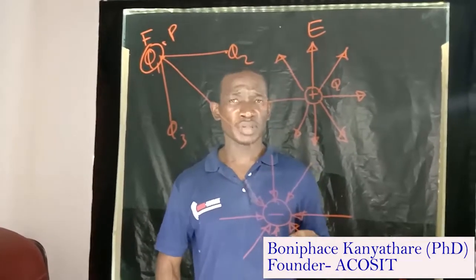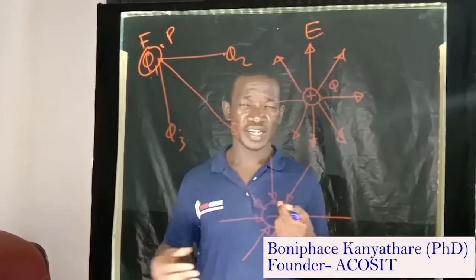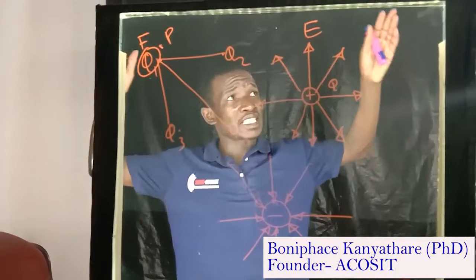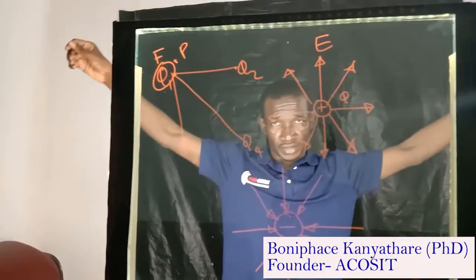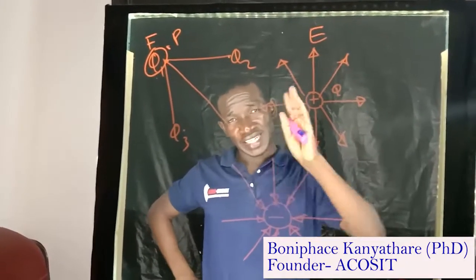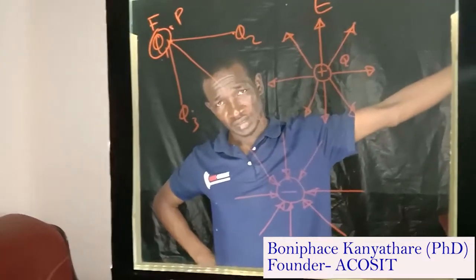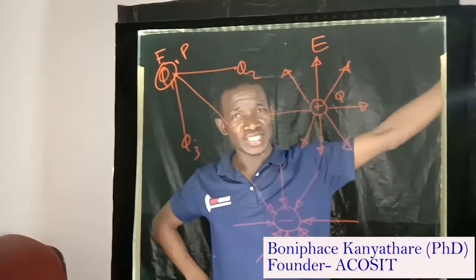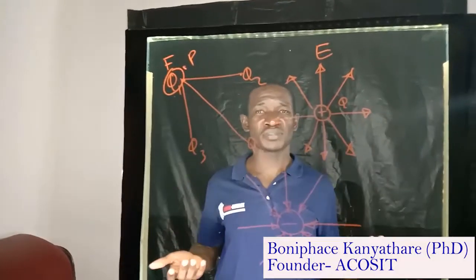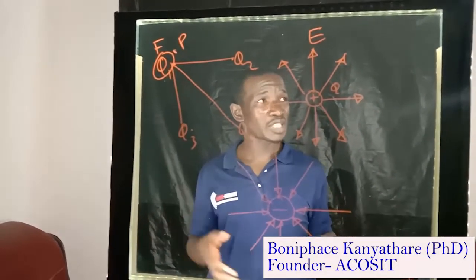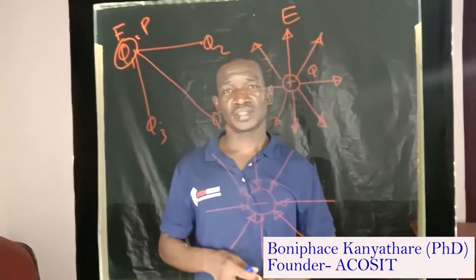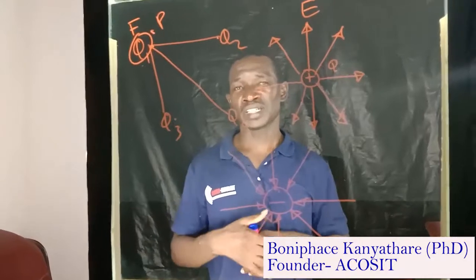Now, it is important to reiterate the previous statement that I made, that it is very crucial to understand that as long as we are talking about charges in space, and as long as we have a charge at a certain location, to get electric field at a certain point, there shouldn't necessarily be another charge at that particular location where electric field is looked for. As long as we have charge somewhere, we can get electric field at any point that is within the vicinity of that charge, because